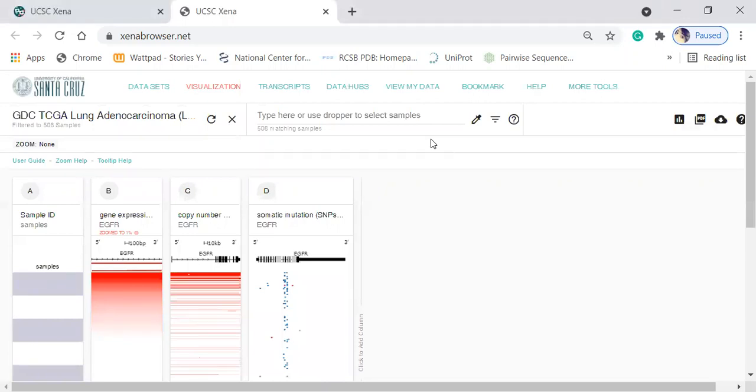Now we are going to investigate whether those samples with aberrations have a worse survival prognosis using KM survival analysis. We have already found out that the samples that have aberration in EGFR have higher expression. Now our goal is to create two subgroups, those samples with aberration in EGFR and those without aberration in EGFR. We will do so by typing this command here.